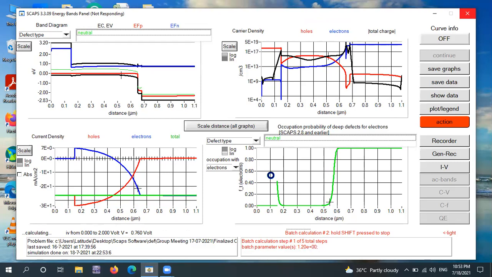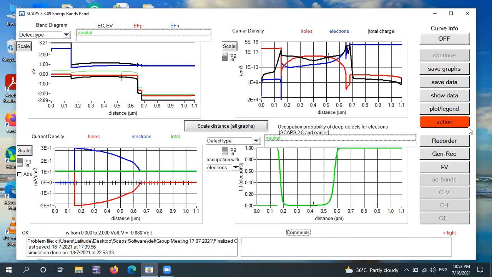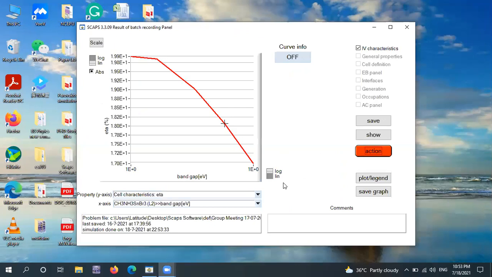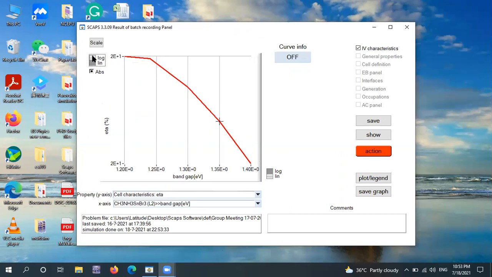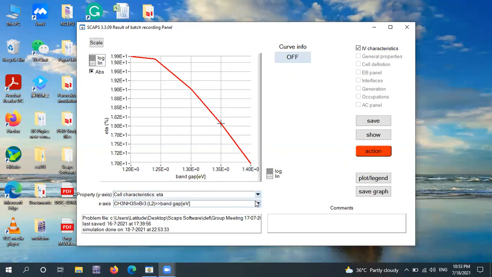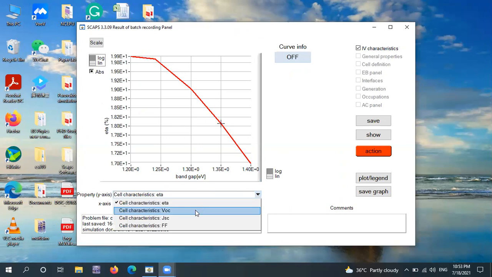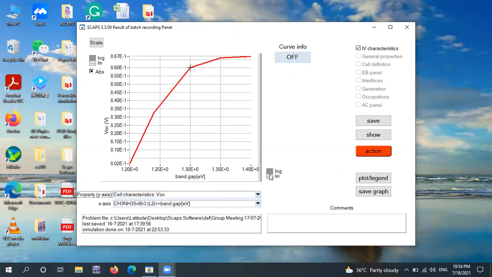Similarly, a person can change the graphical representation of performance analysis with respect to their own requirement, like effect of band gap, effect of thickness, effect of trap density, and other parameters. Now I am going to once again open the recorder. Okay, so you can see over here, as long as the band gap value was increasing, the power conversion efficiency of my perovskite device was decreased. And the same case can be seen with other performance parameters, like if I'm going to talk about the VOC value, you can see over here.